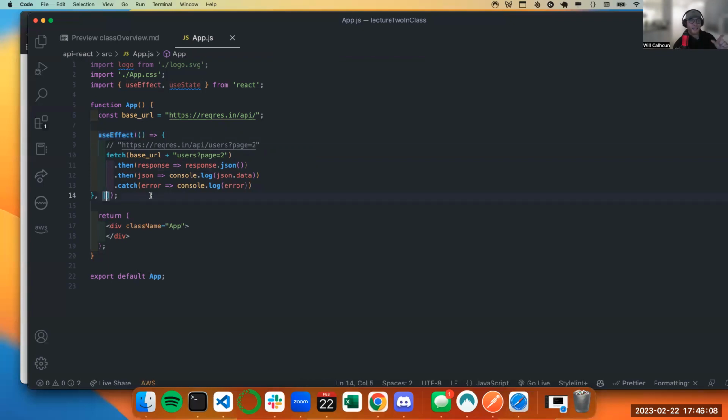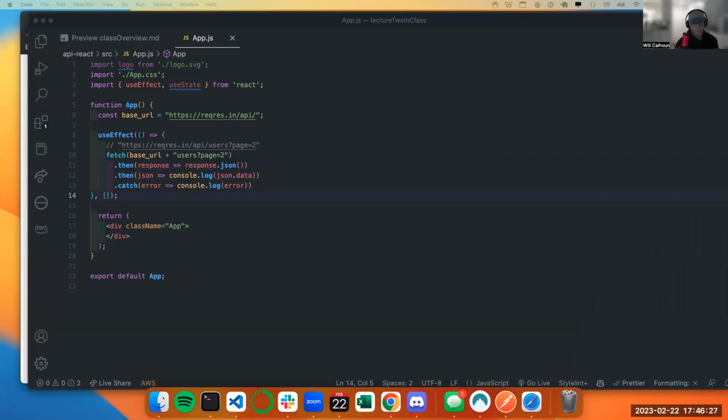But then anytime X value or some component is updated, I want you to run useEffect again and do all of this again. So what would go in here, if we wanted, is a component, to say once this changes, then update this.